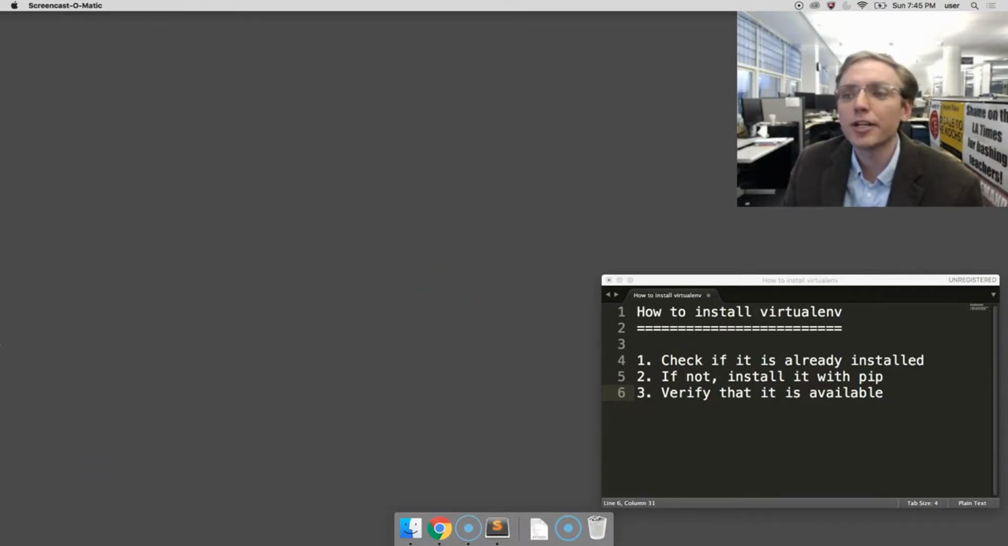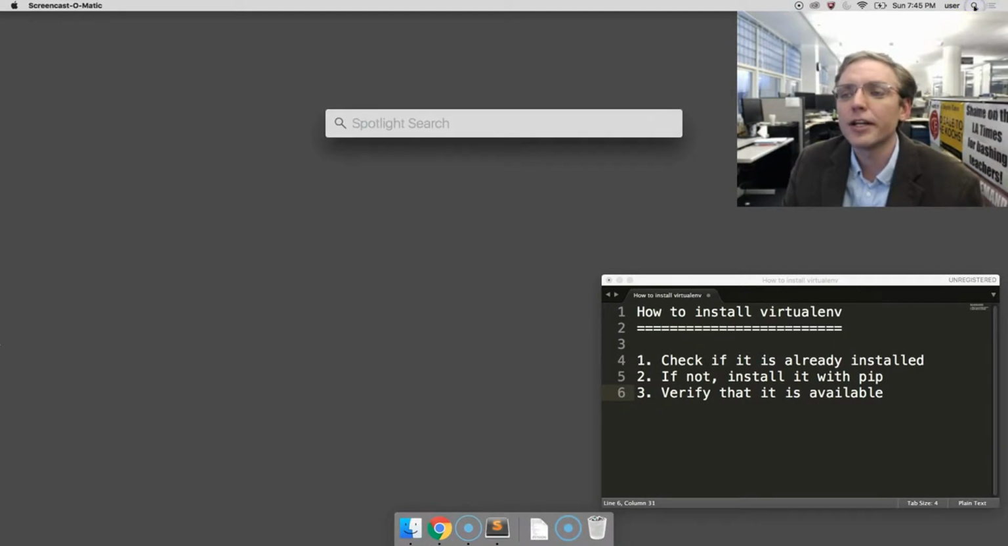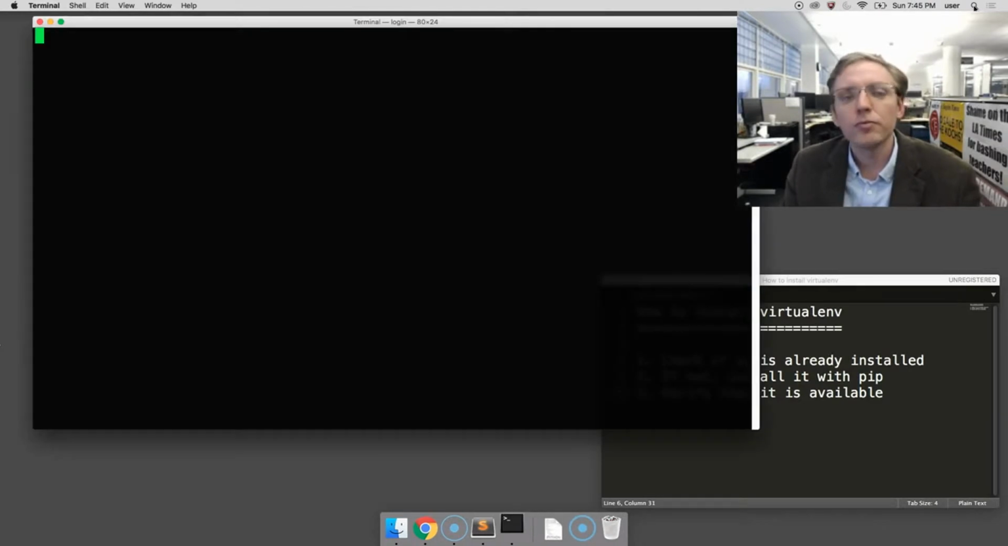Take your mouse and go to the upper right-hand corner and click on the magnifying glass. Type in the word terminal, which should bring up your command prompt. It'll take a second. Alright, now, in many cases, virtualenv is already installed on your Apple computer when you first